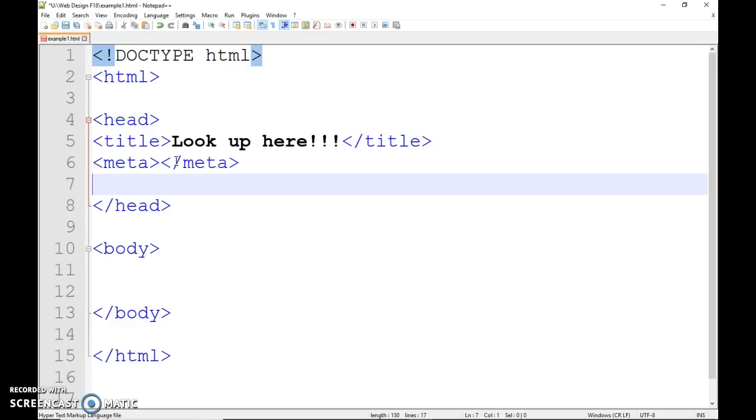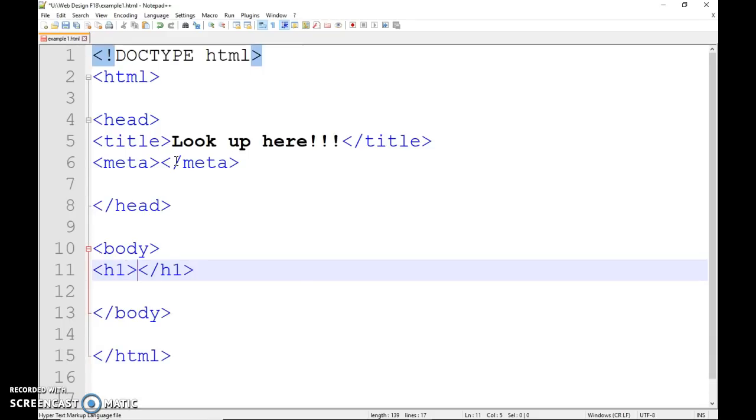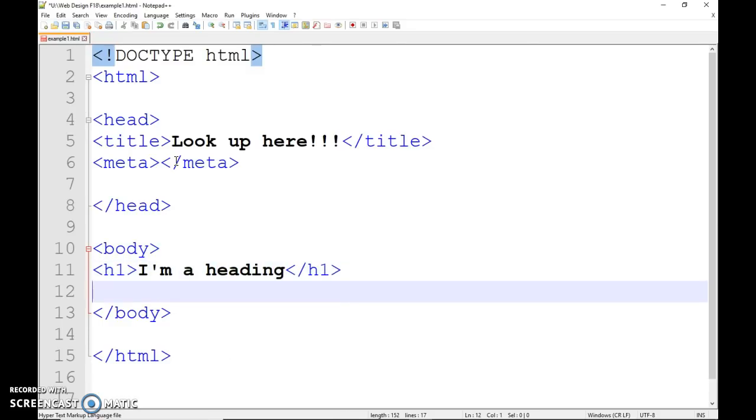makes it pretty. All right, so in the body section is where you put the actual content of the web page, what you see on the browser. So you can have headings and paragraphs, and up to this point, that's all you're going to learn for the moment. Headings have 6 levels. The biggest is a heading 1, and headings are automatically bold and automatically have space around them. So I'm just going to put I'm a heading up here, and then below this heading, I'm going to create